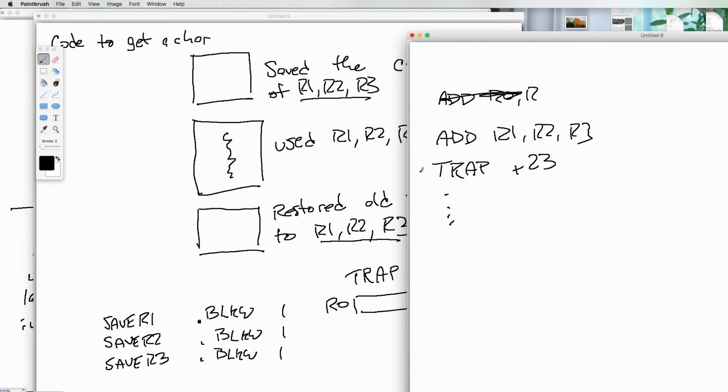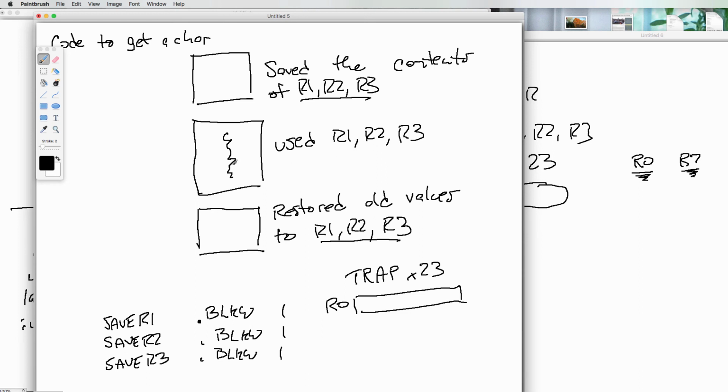And the assumption is that when I call this trap here, the only one of my registers that is going to be affected would be R0, because that's where a character is going to be returned from doing the keyboard input. And then we also know that we're using R7, because that's holding the return address. But we would assume that whatever values R1, R2, and R3 had here, that they still have those values when I get back here. Well, big surprise. Trap 23 is using R1, R2, and R3. Because it's using them, we better save the contents before we start executing the code,